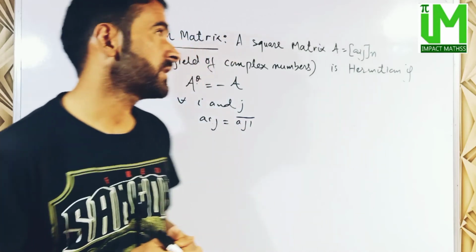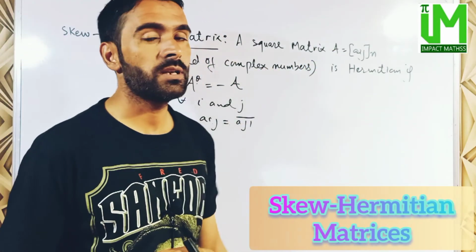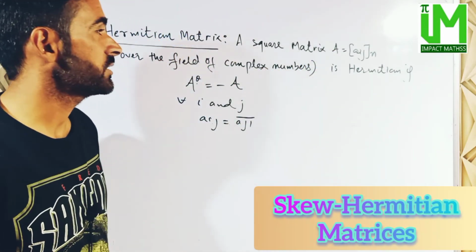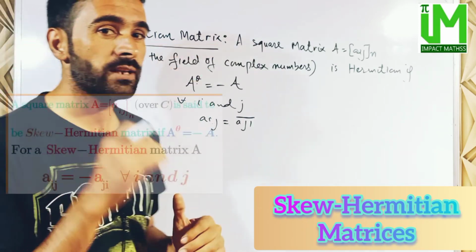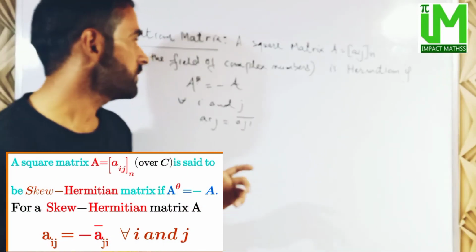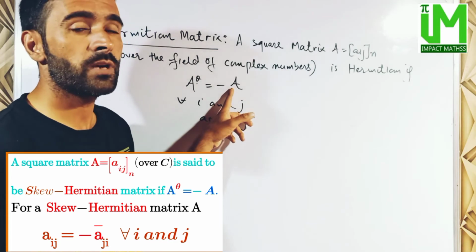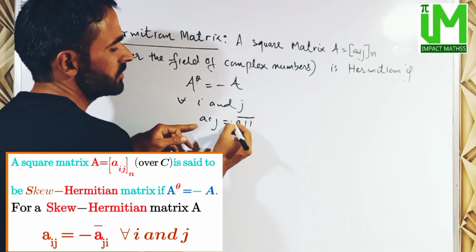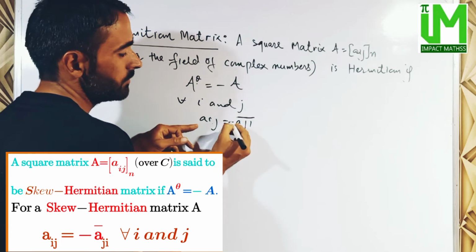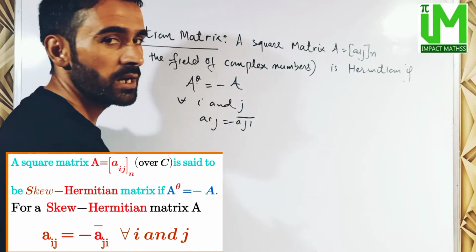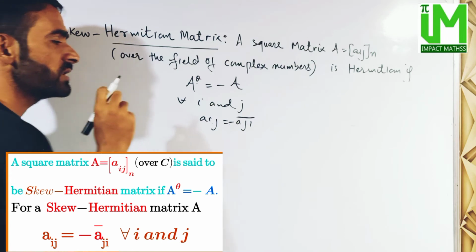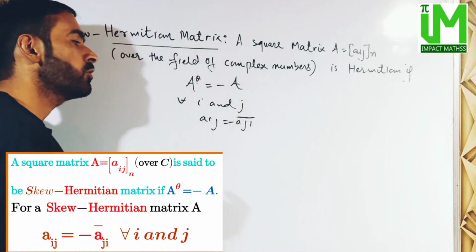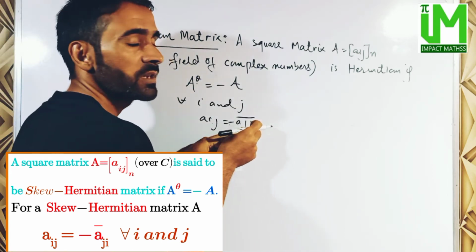And finally we have Skew-Hermitian matrix. Again, a square matrix A equal to aij of order n is said to be Skew-Hermitian matrix, obviously over the field of complex numbers, if A conjugate transpose is equal to minus A. So for all i and j we have aij is equal to simply minus aji bar, यानी non diagonal entries negative times the conjugate complex होनी चाहिए।